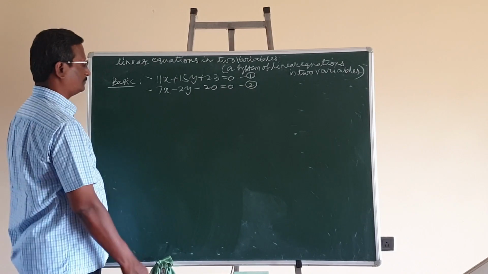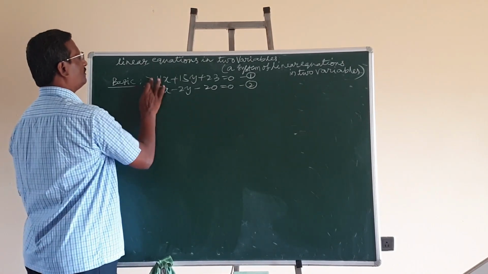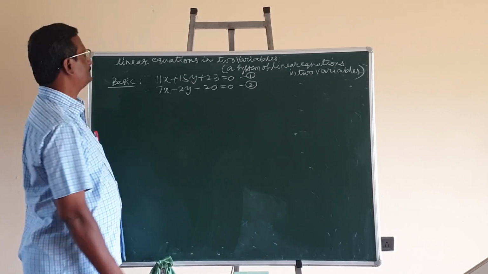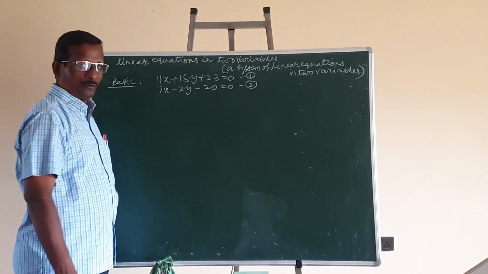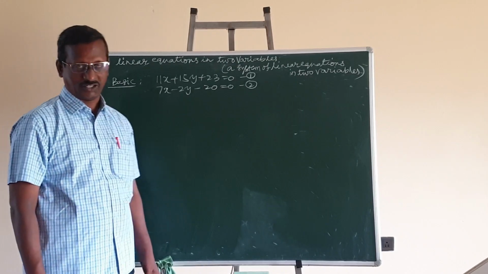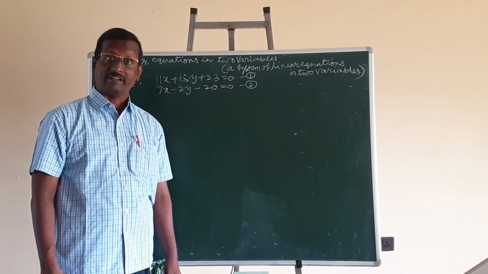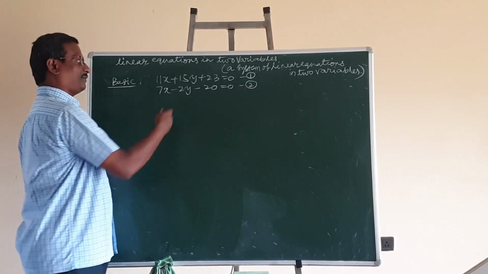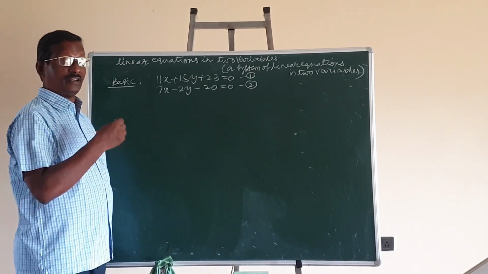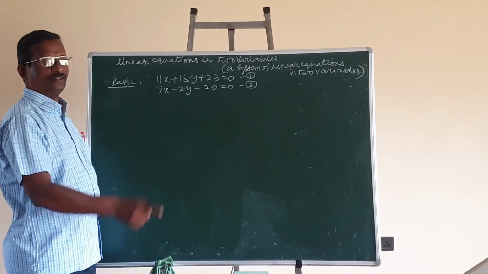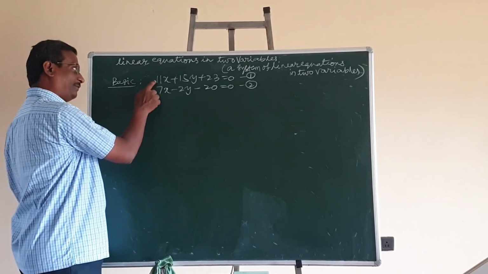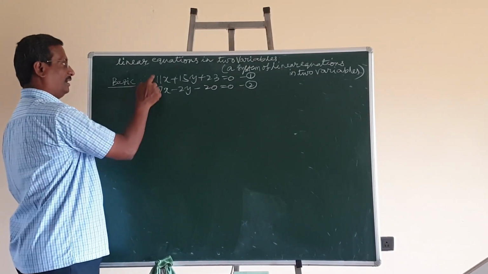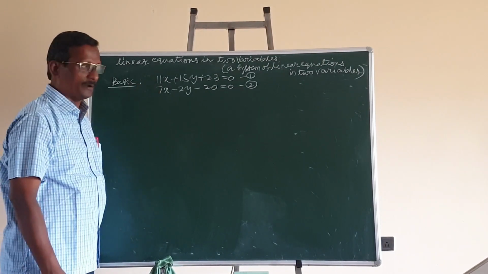Let's find that out. Here, to solve the system of equations, we have so many methods. Suppose we follow the method of elimination by equating coefficients. In this, either we can eliminate x or we can eliminate y, whichever is more convenient. Suppose I want to eliminate x, the first equation is to be multiplied by 7 and the second equation is also to be multiplied by 7.